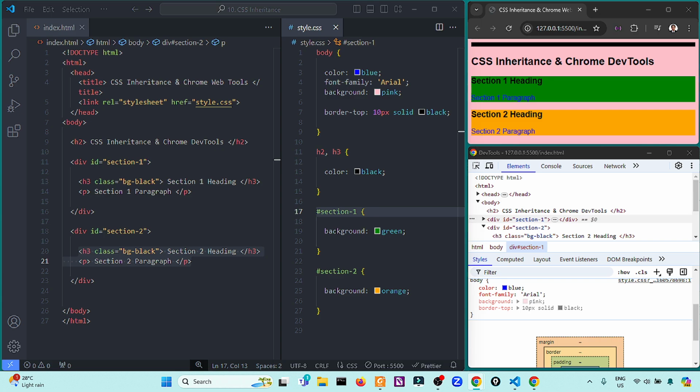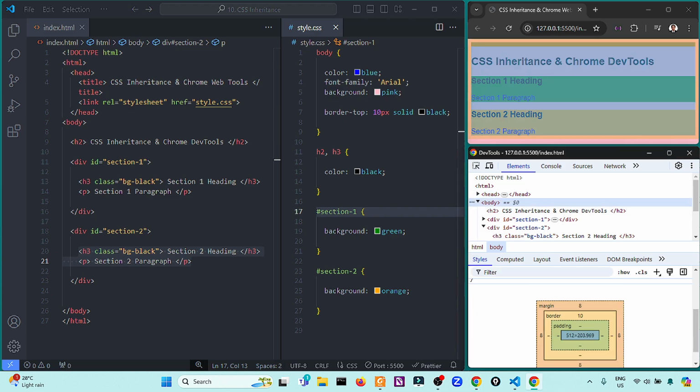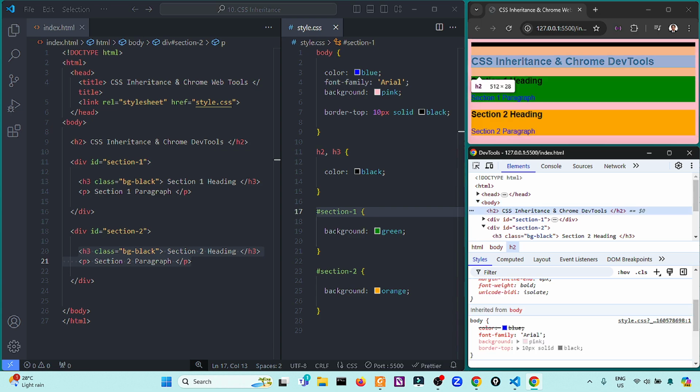So this sets up our tutorial by highlighting the importance of CSS inheritance and our Chrome developer tools, preparing you for an informative and practical exploration of these essential topics. This is a short lecture only, but if you understand the foundation of CSS and its concepts, then you are ready to design powerful web pages. Thank you very much. See you in the next lecture.